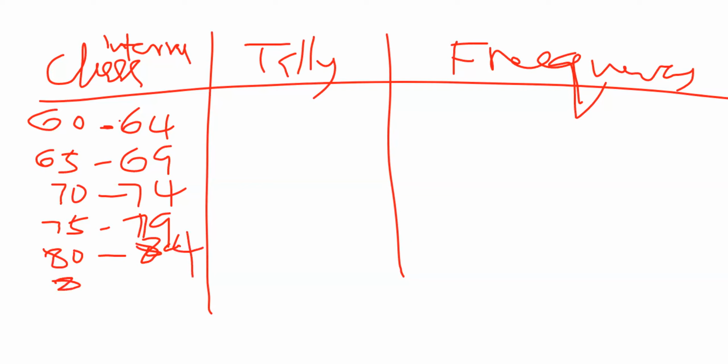Then 85 to 89. I hope that was the last. There's no other value up to 90. So our class, based on what we are given, we'll look at it from 60 to where it is there. The highest is 8 something. So there's no 90. So 60 to 64, 65 to 69, 70 to 74, 75 to 79, 80 to 84,